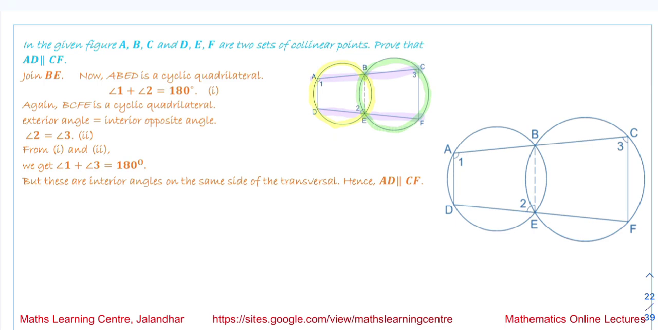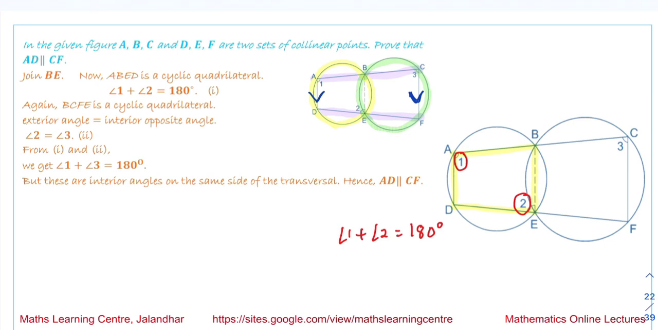Now we have to prove that AD and CF, these two lines, are parallel to each other. We are talking about quadrilateral ABED. We are talking about this quadrilateral over here. This is a cyclic quadrilateral. So what we have is that the sum of angle 1 and angle 2 is equal to 180